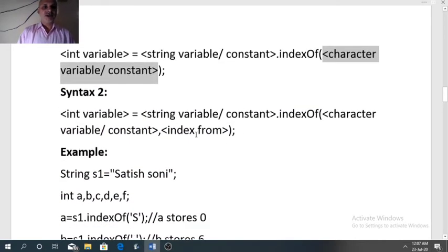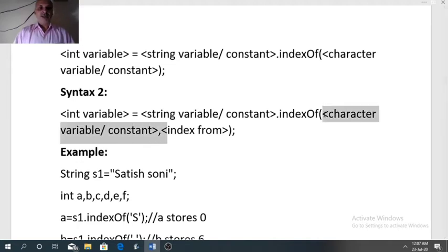One more syntax we have. Only the argument will change. Character, variable or constant. After that comma, index from. Sometimes it happens that a particular character is present in the string more than once.